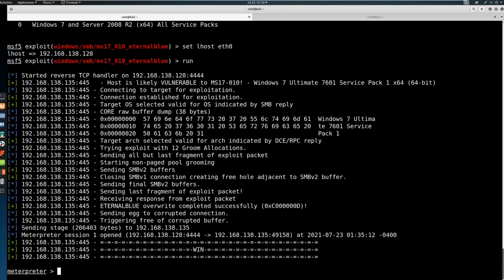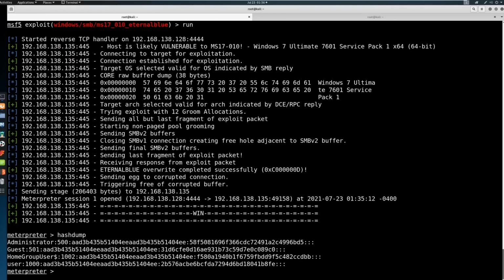It's so easy to get on a machine, and then you come in here and you say hashdump, and you dump out the hash. And now we've got an administrator hash. We can go try to crack that. We can do pass the hash, which we're not there yet. We're going to get there in the Active Directory section. You're going to see what the differences are on this kind of stuff. But you can utilize these hashes to our advantage, and we're going to play around with that a little bit